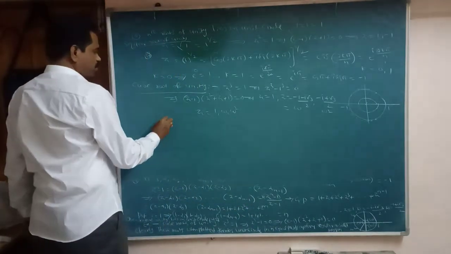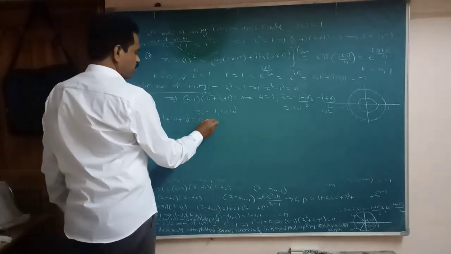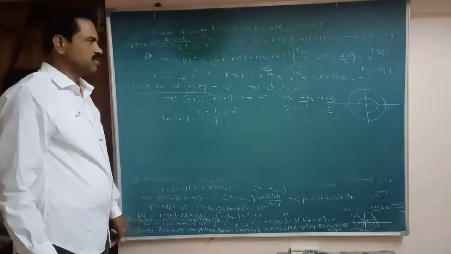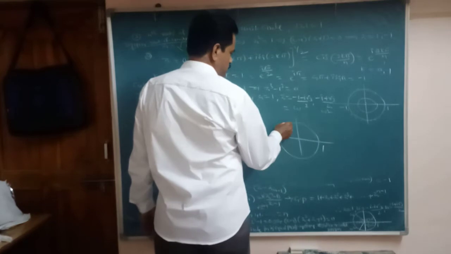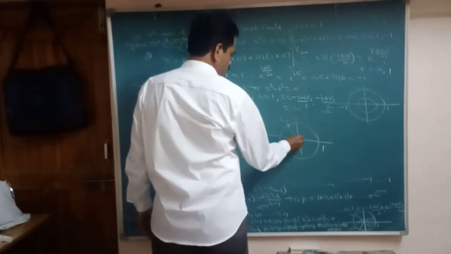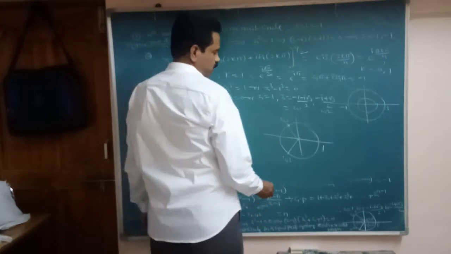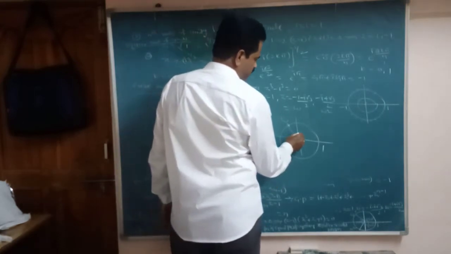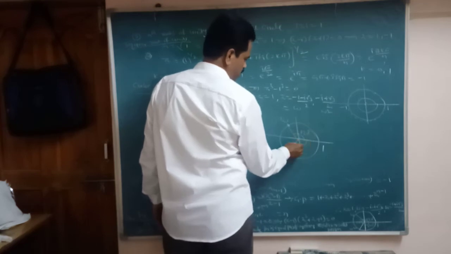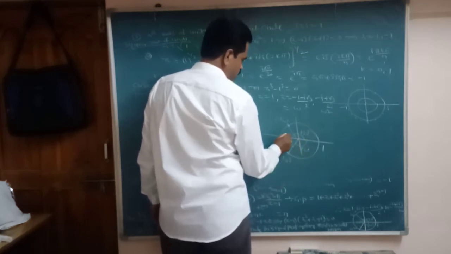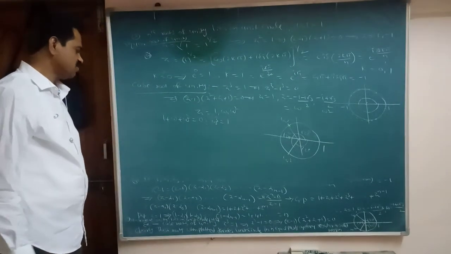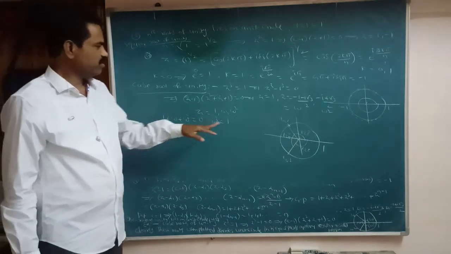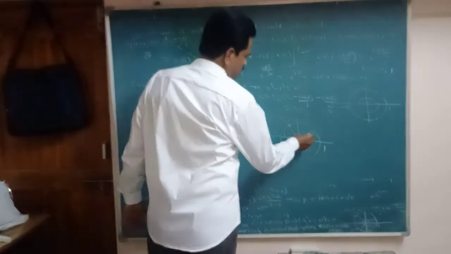We know that 1 plus omega plus omega square is 0 and omega cube is what here? 1. So here 3 parts. Suppose this is a circle. Suppose it is 1. So it is omega and it is omega square. So this angle, this one is how much here? 120 degrees and it is 120 degrees and it is also 120 degrees. How many parts? 1, 2, 3. It is divided 3 equal parts. So here 120 degrees. So it is 3 parts.